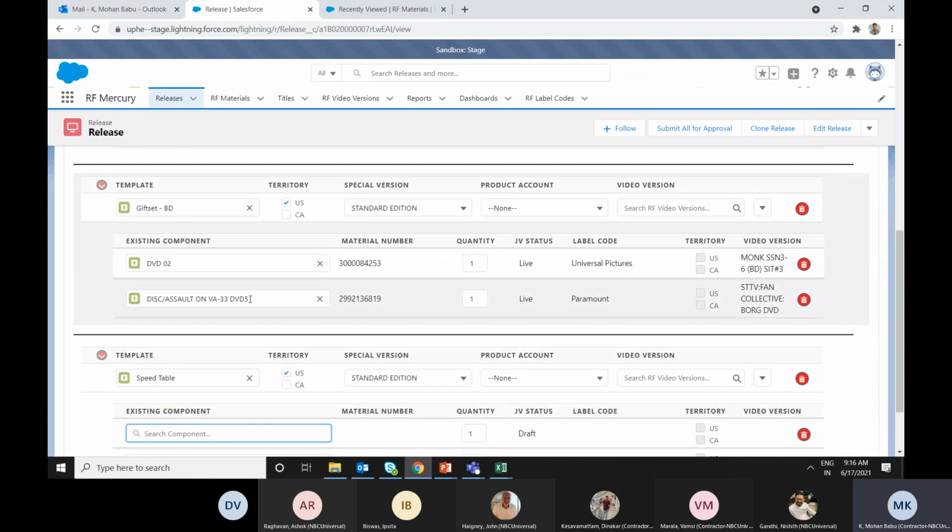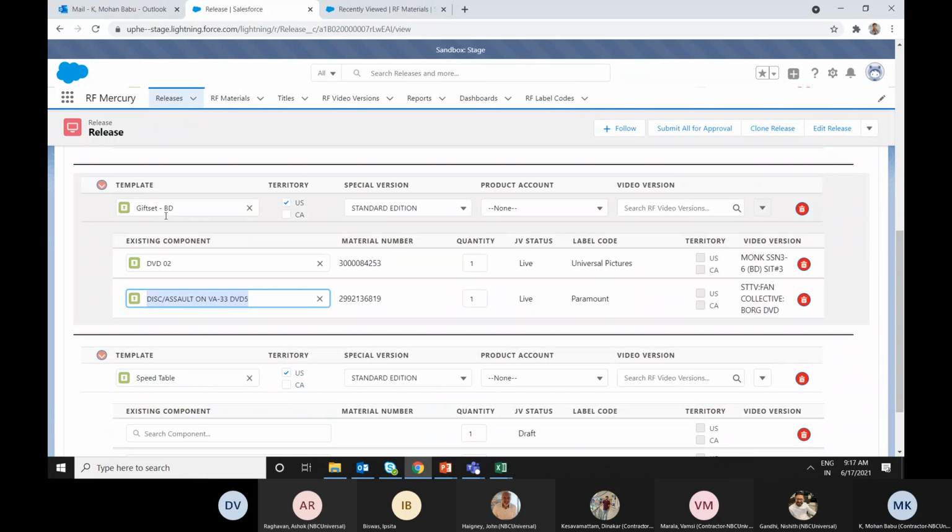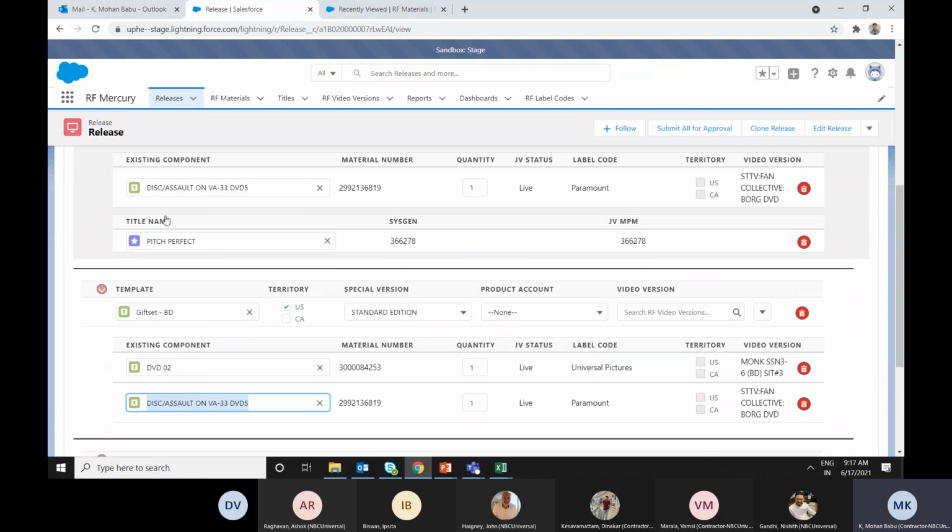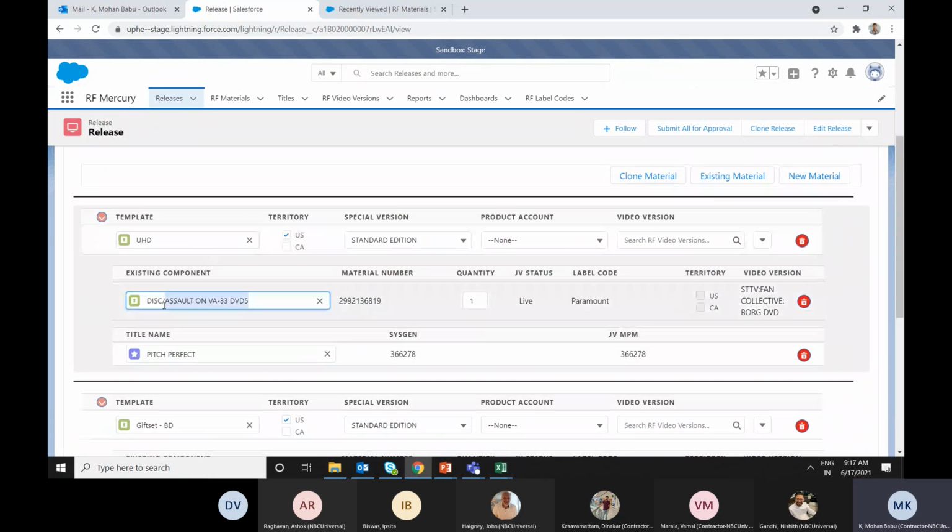But for the gift set, we can choose FERTs as well as non-FERTs. But for the single, we can add only the non-FERTs. So let's take here 3601 to 0 1.